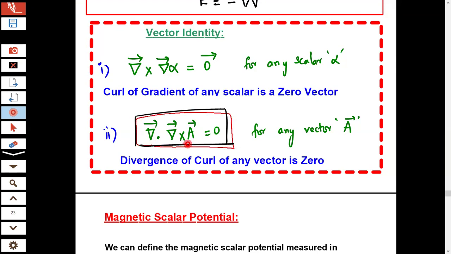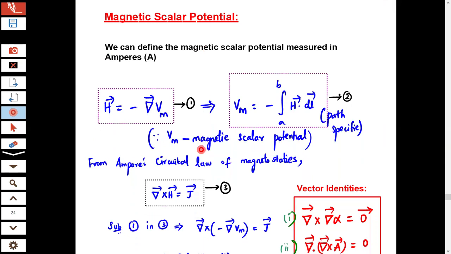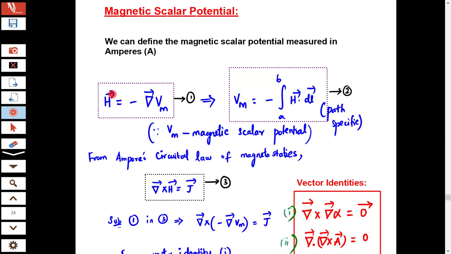This second vector identity is true for any vector, and the first vector identity is true for any scalar alpha. So remembering these two equations, we are going to discuss the magnetic scalar potentials. In a similar way to the E vector to potential relation, if we define the H vector to magnetic potential relation, then H vector can be written as negative potential gradient, where this V suffix m indicates magnetic scalar potential,